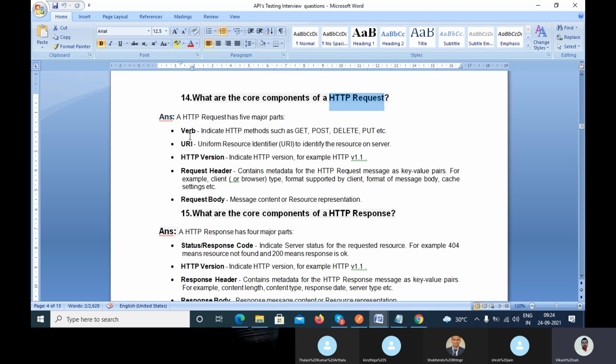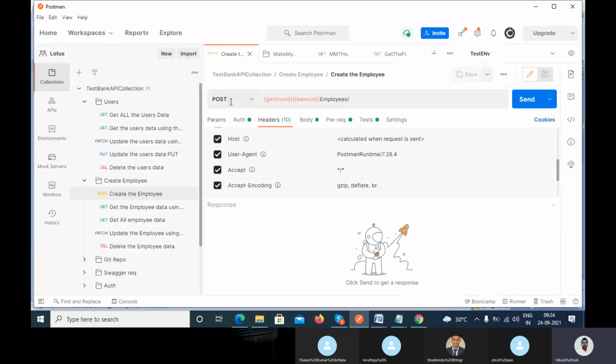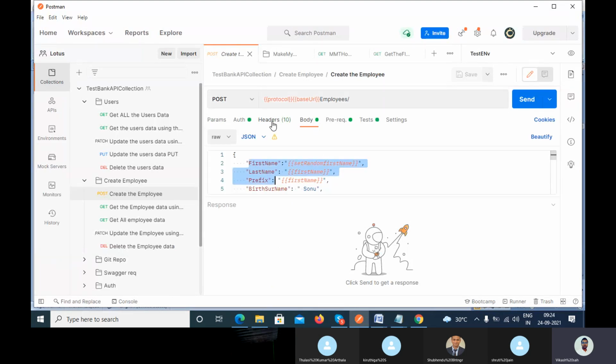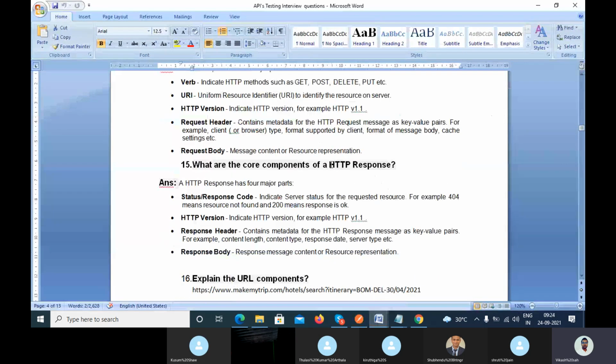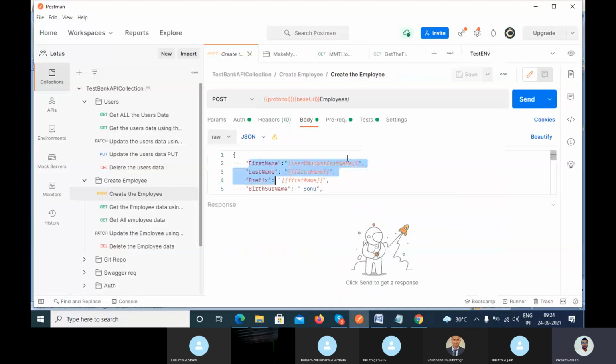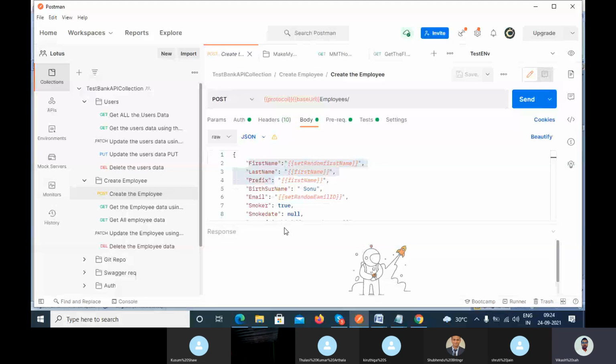The client side has the verb, which means method, and the URL, and the request header, and the request body. If they ask you what are the components in the HTTP response, that is the server side, then you can give the answer like that: the HTTP response, right?